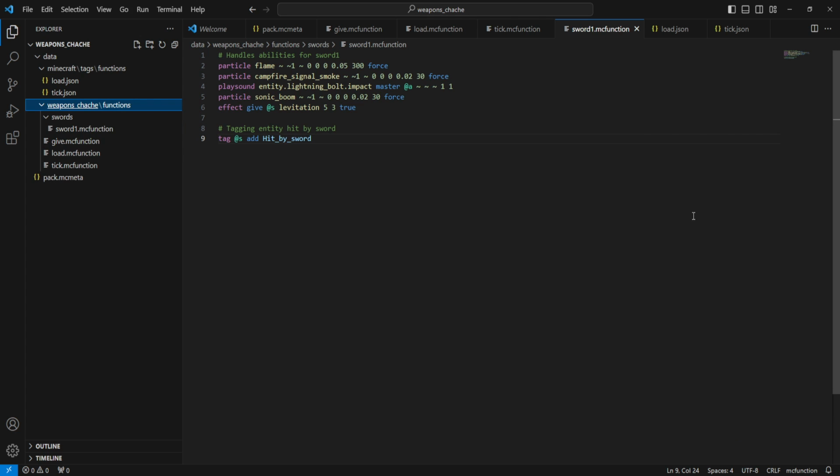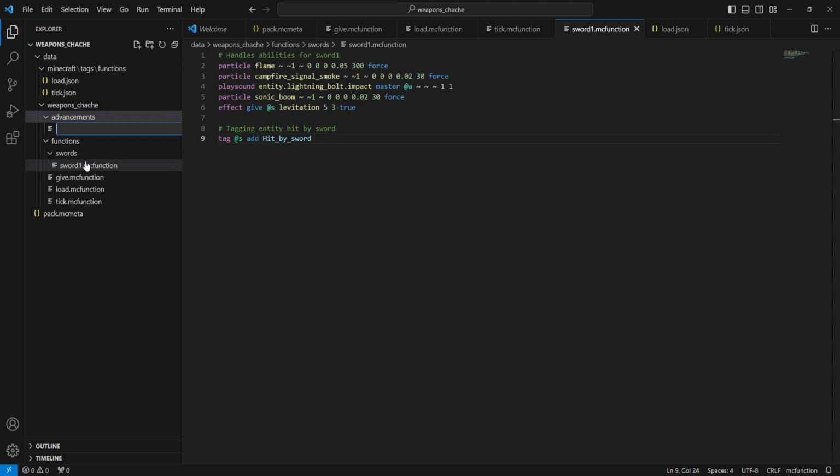All right, we're back in VS Code. So let's start setting up this hit detection stuff. Where we're going to start is we need to make sure that weapons_chotch, our main namespace folder, is underlined here. We're going to make a new folder, and we are going to call this one advancements. Beautiful. So inside of advancements, we are going to create a new file, and this one is going to be called deal_